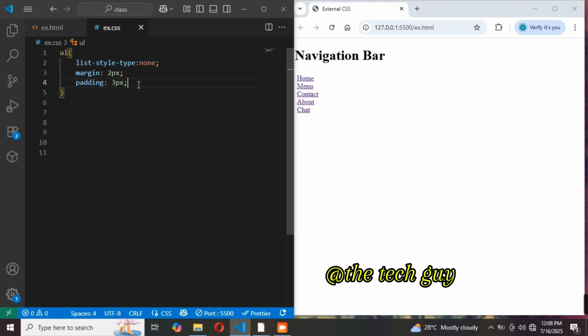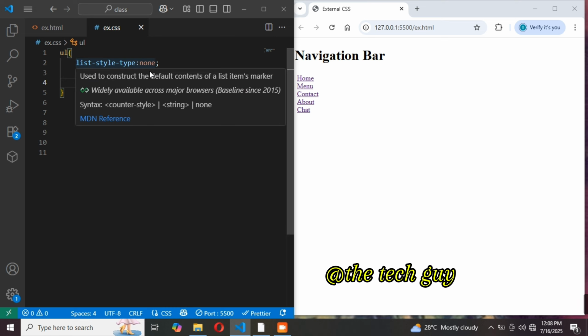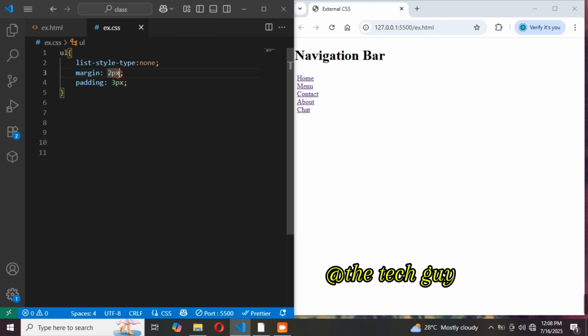Now, do you understand? We can also make our margin 0 and also make our padding 0. You understand? So now we can also remove